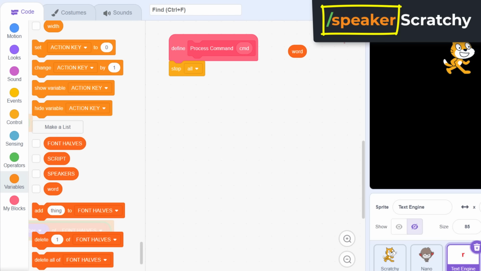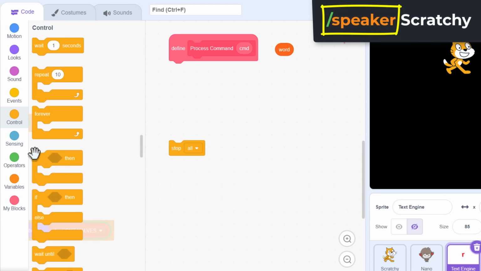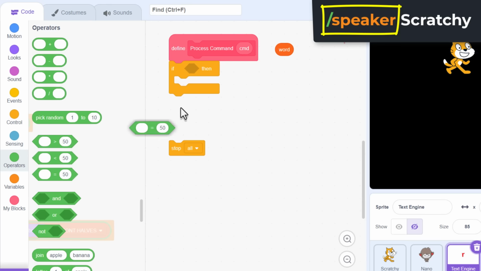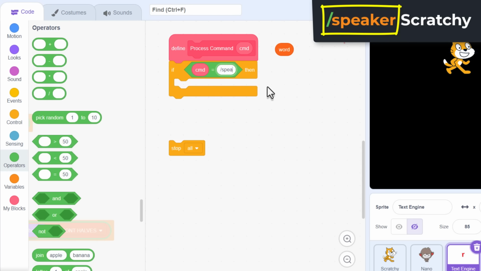Okay then. Bring in that word list again so that we can click it and see the last word read in from our current paragraph. So it starts out as /speaker, which at this point also is the command that's being passed in, since we passed in word as this custom block's input. So each command that we want to be able to process needs its own if, and we can check to see what the command is. If command is equal to /speaker, which is the only command that we're implementing at present,